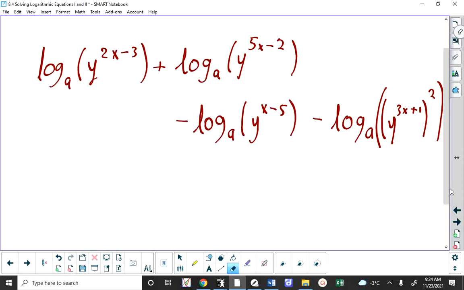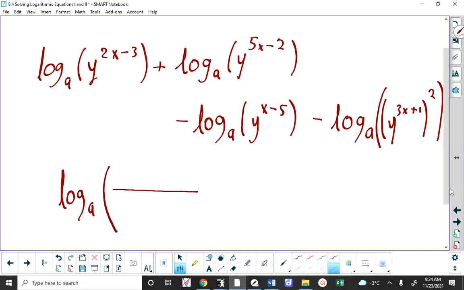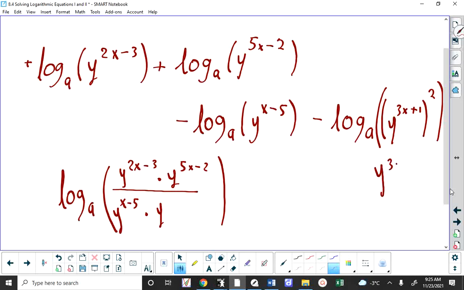We can put this all together now as a single base A logarithm with a new argument that's a quotient, a fraction, where any of the old arguments that came from positive logarithms go on the top. So this first logarithm is positive. We can write y to the 2x minus 3 multiplied by y to the 5x minus 2. And any arguments that were part of a negative logarithm go on the bottom. So we're going to have y to the x minus 5 multiplied by y to the 3x plus 1